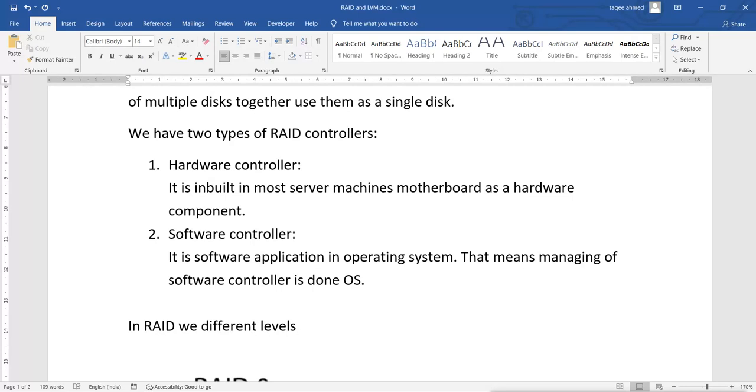Then we have 10 also. Now 10 means what? It is 0 and 1. It is not like ten. It means 1 plus 0. So we have these different levels of RAID, and they work differently.